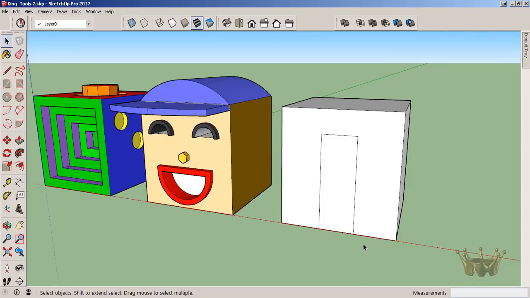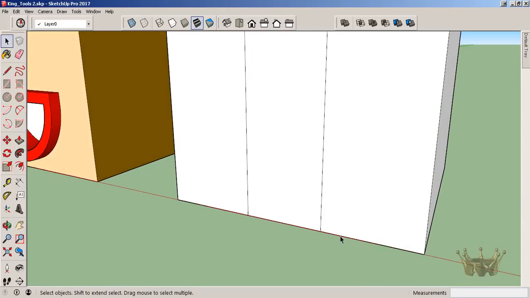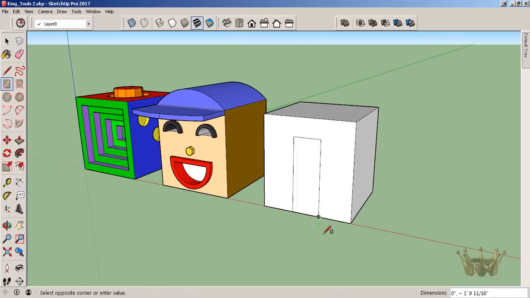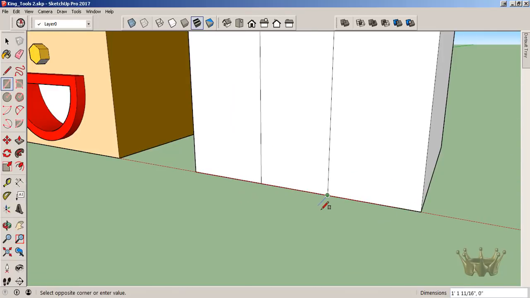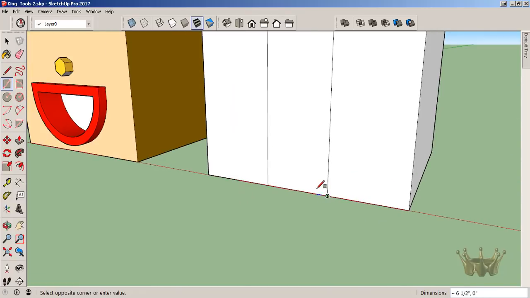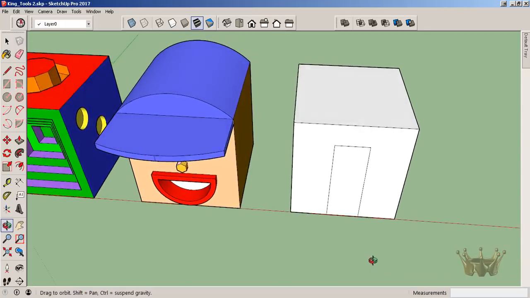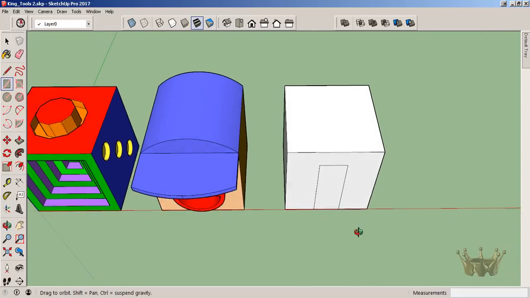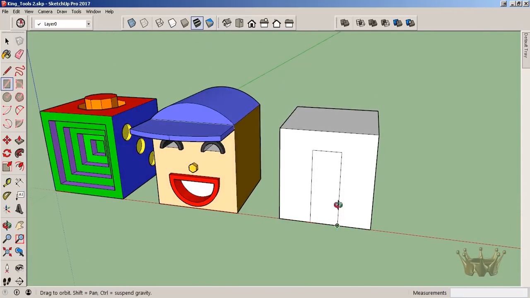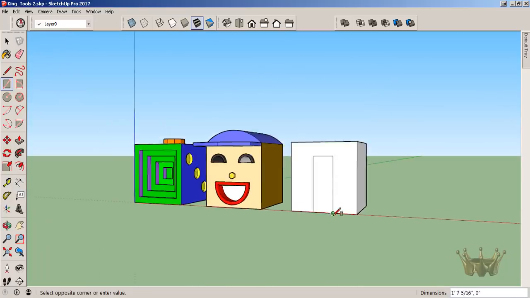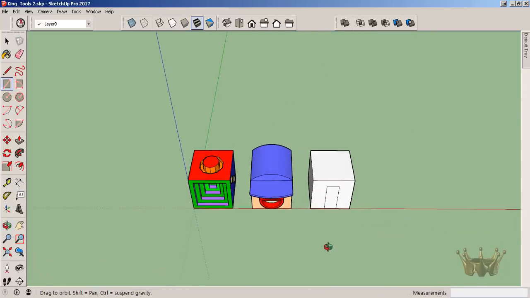Alright, now for this next part, let's zoom in close to the bottom. And what we want to do is with our rectangle tool, click and drag a rectangle off from this line, but you may have to orbit down so you're looking down on top of it. Otherwise it's difficult to get the proper way to bring it out. It wants to go down. So if I just orbit down a little bit like this,